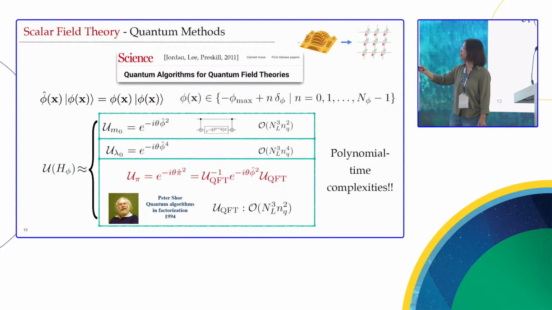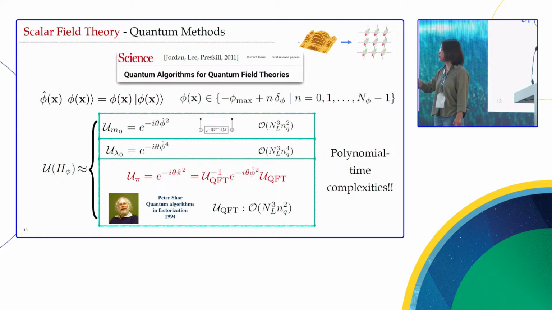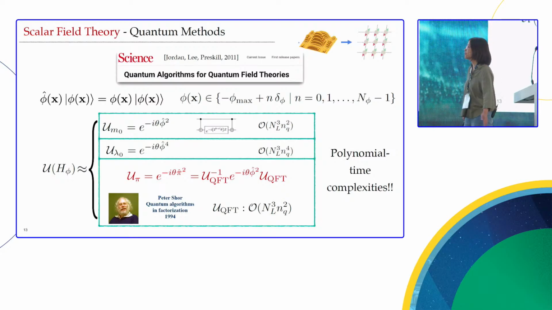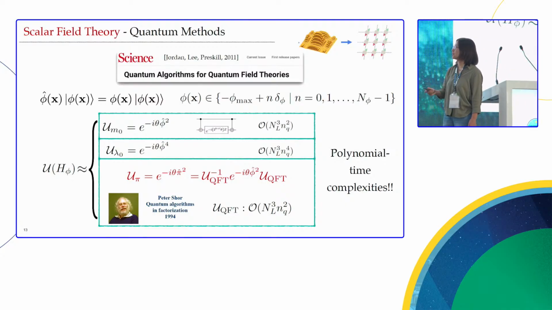The most surprising part is, given the commutation relation between the phi operator and the pi operator, we can write the time evolution operator for this pi squared as a quantum Fourier transformation circuit, times this diagonal matrix, and then you can do a Fourier transformation back. What is important is that this quantum Fourier transformation algorithm is exactly the same as the quantum Fourier transformation algorithm in factorization, which was proven to have quantum advantage by Peter Shor in 1994. So this was very exciting in 2011, and then later people tried to extend the study